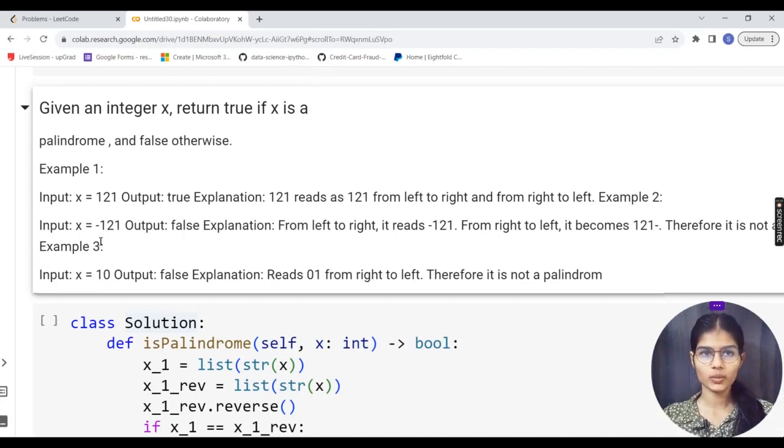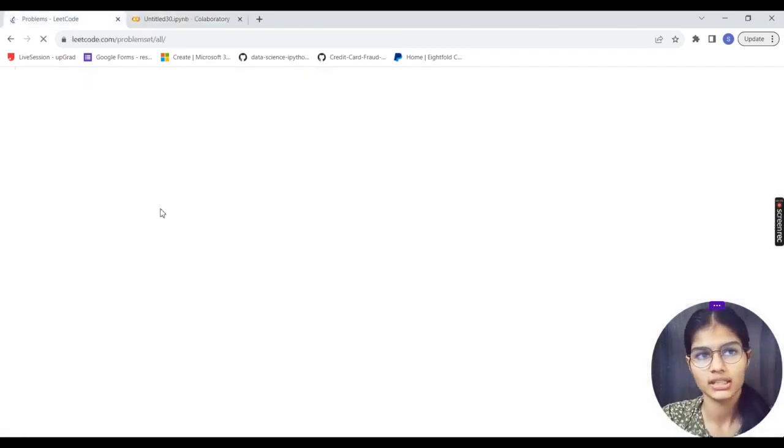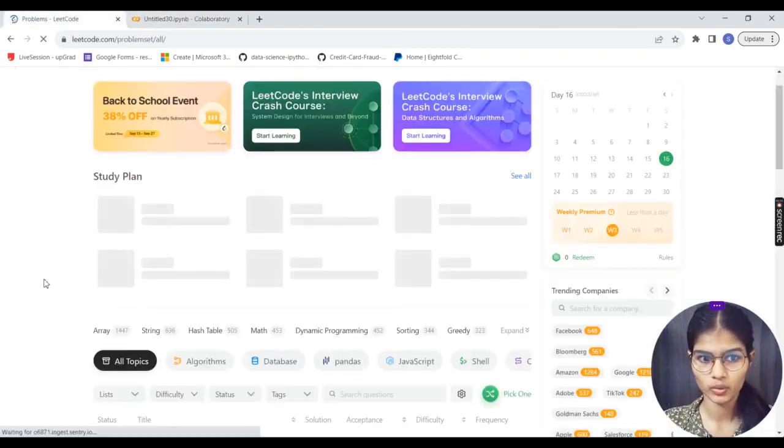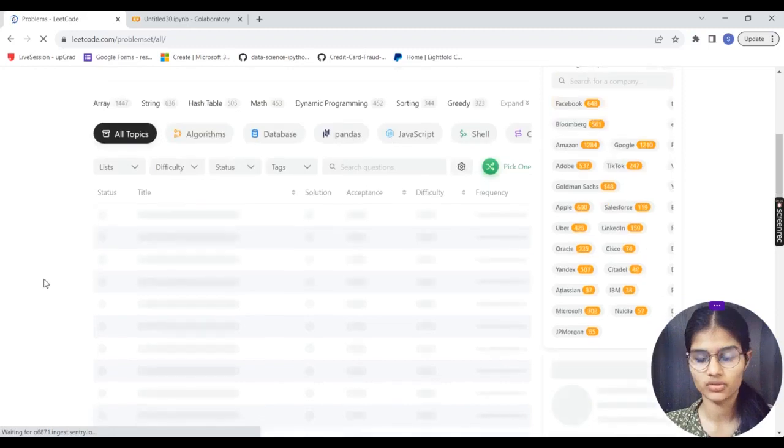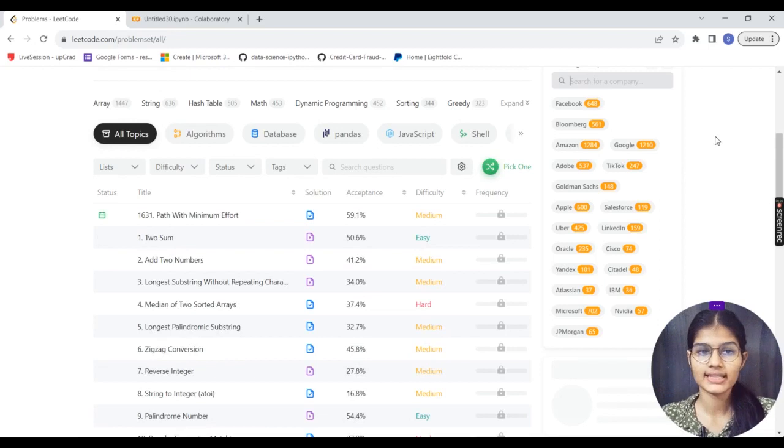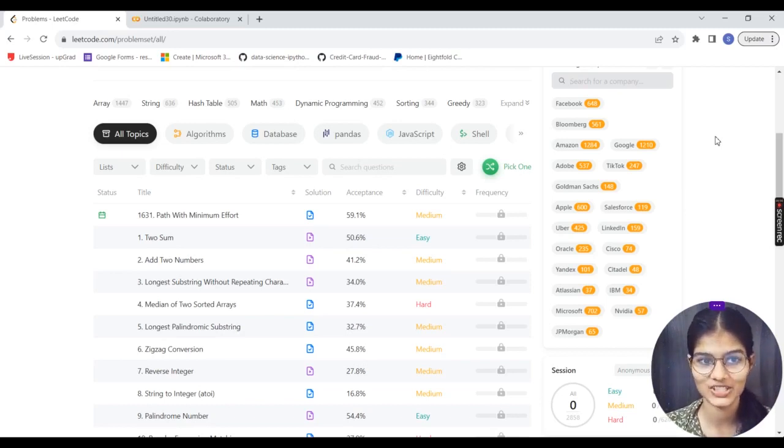I hope you are pretty clear with these questions which we have gone through. We have taken 3 questions from LeetCode. Now it's your time to go over LeetCode and start solving different questions, and you can search the questions for respective companies as well. It will help you grow better, so go ahead and do a lot of questions, increase your programming skills and your coding skills too, right?